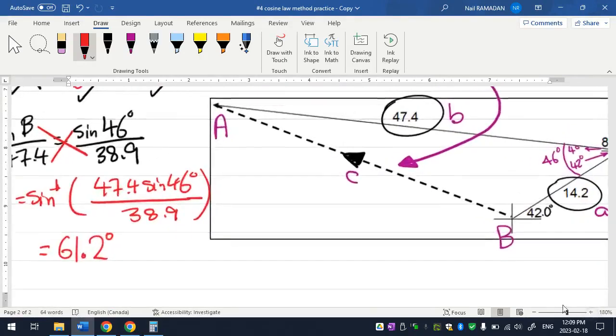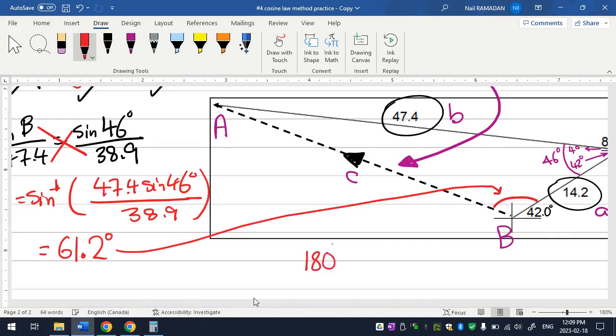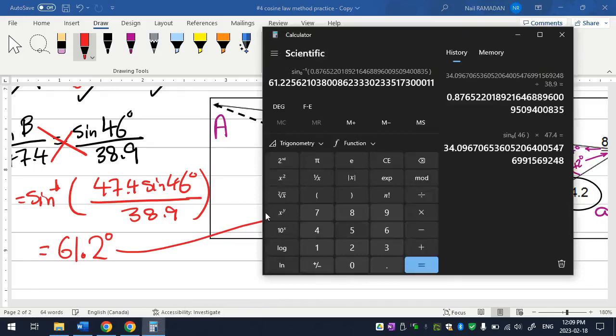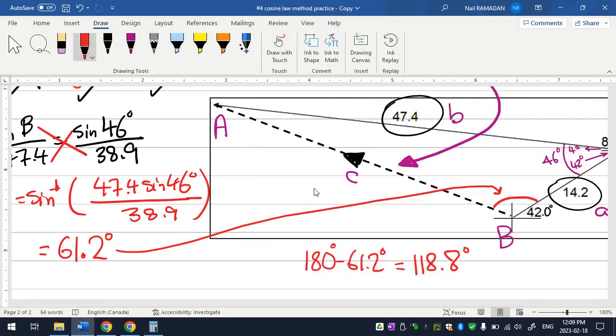Now, if you look at this angle, this is not 61.2. It's an obtuse angle. So that means this angle is actually 180 minus 61.2, which is 118.8. Yep, 180 minus 61.2 is 118.8. But we just want this part right here. Well, if you think about this,